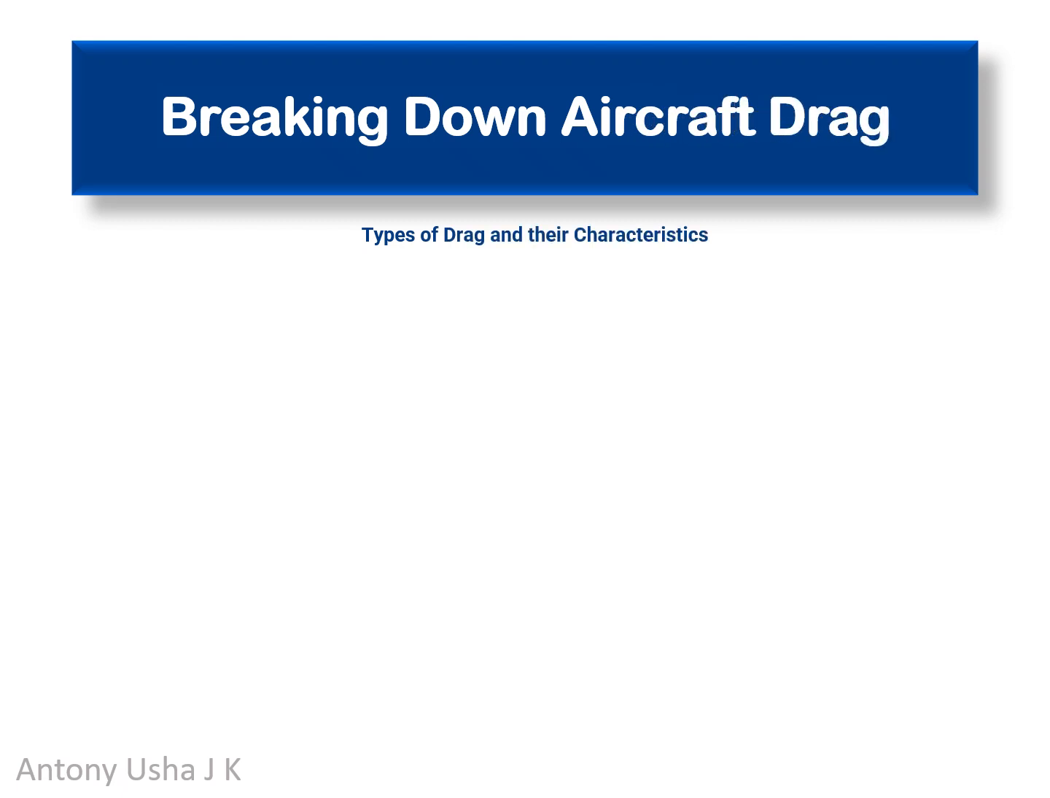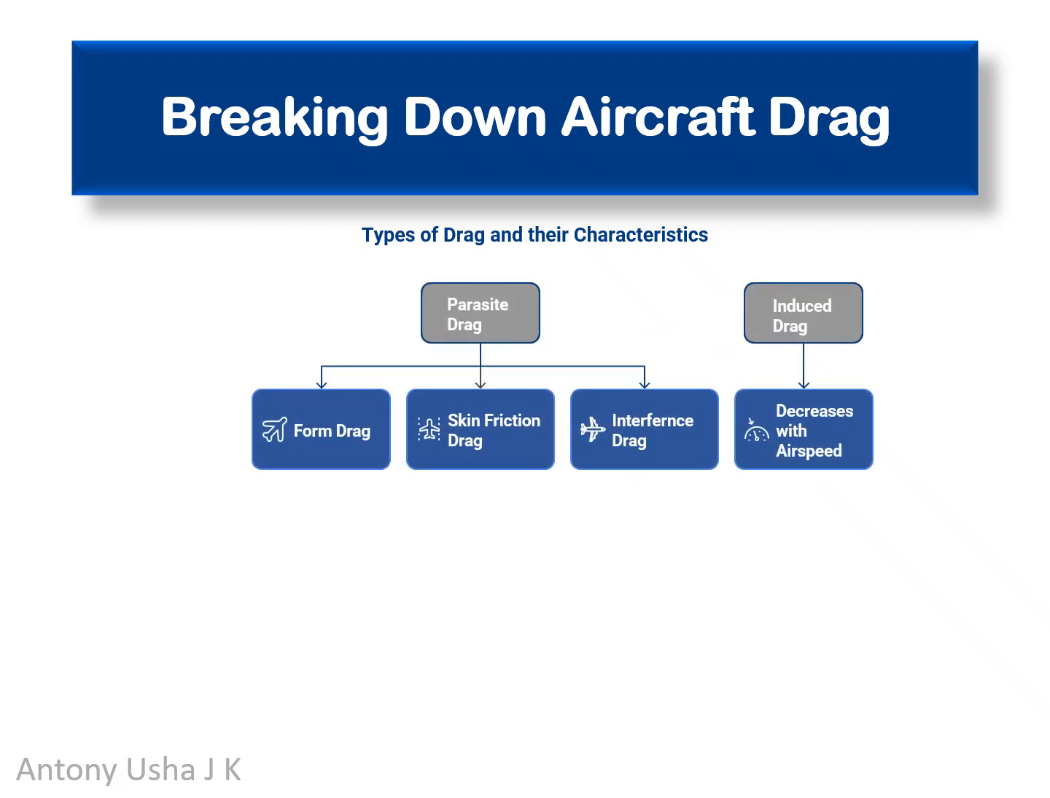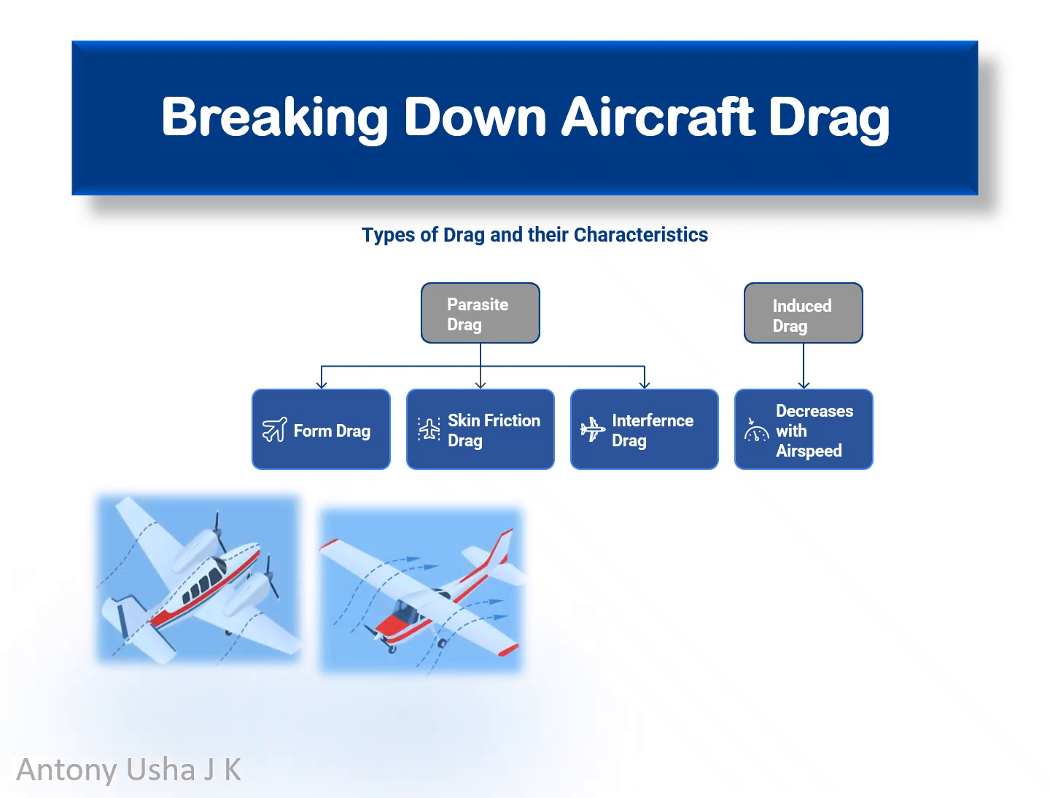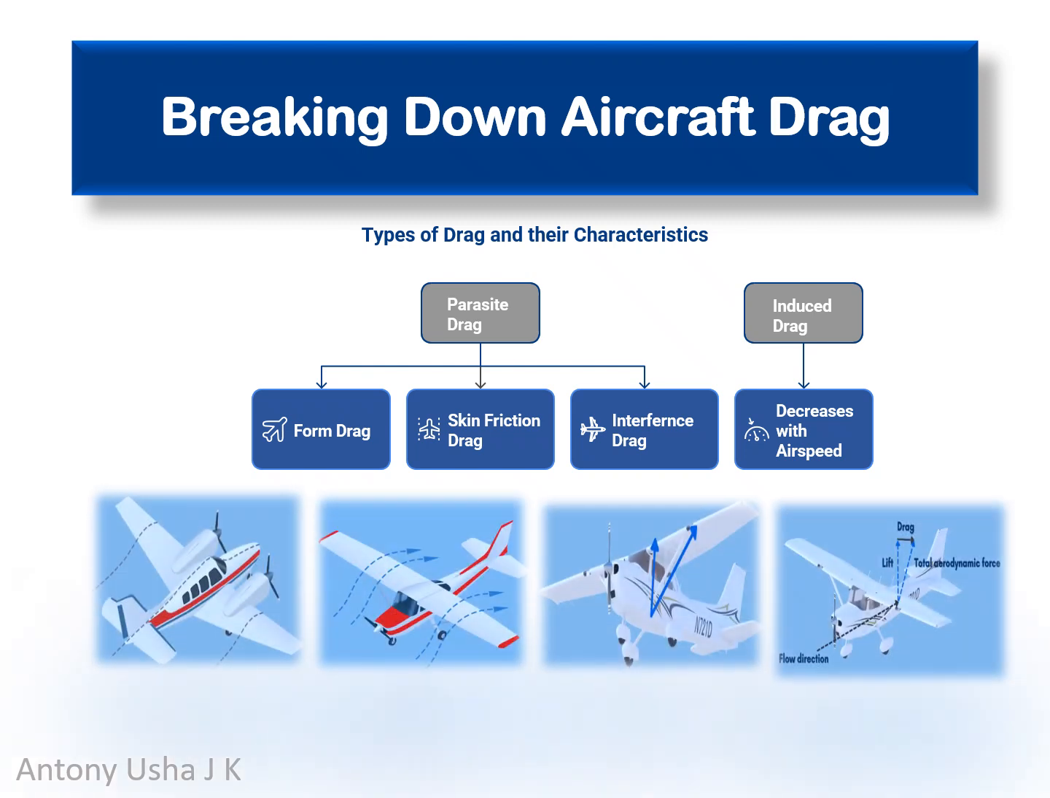Breaking down aircraft drag. When an aircraft moves through the air, it experiences resistance. This is called drag. Aircraft drag is broadly classified into two types, parasite drag and induced drag. Parasite drag occurs due to the aircraft's interaction with the air and is made up of three components, which are